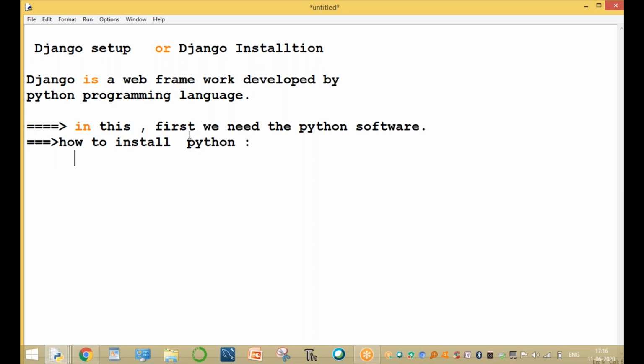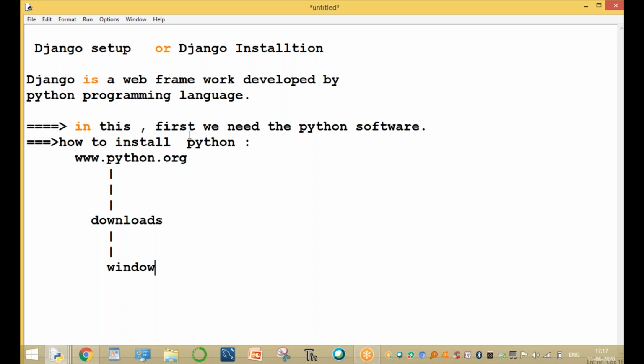Go to Google and search for the Python website. The official website is www.python.org. On this official website, go to Downloads. Click on the Downloads button, and then click on the Python Windows version.